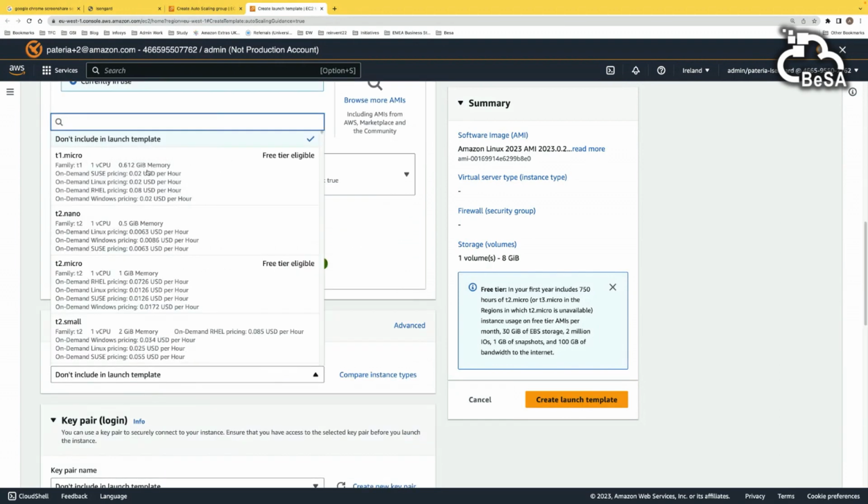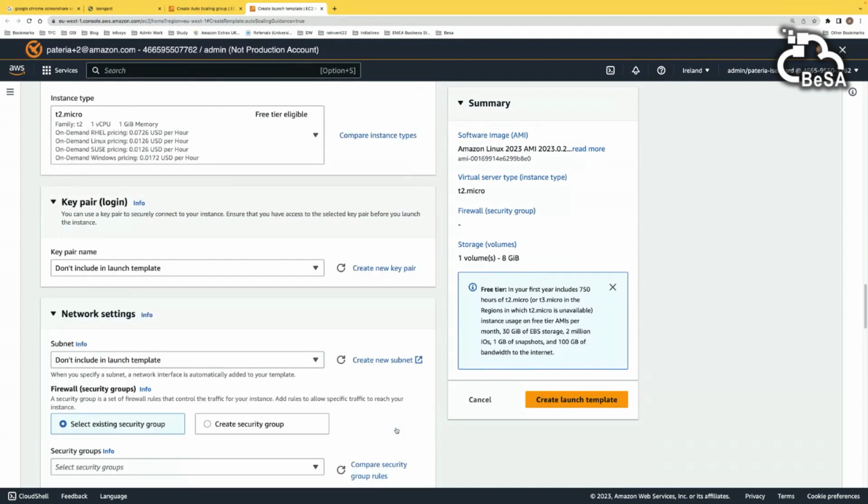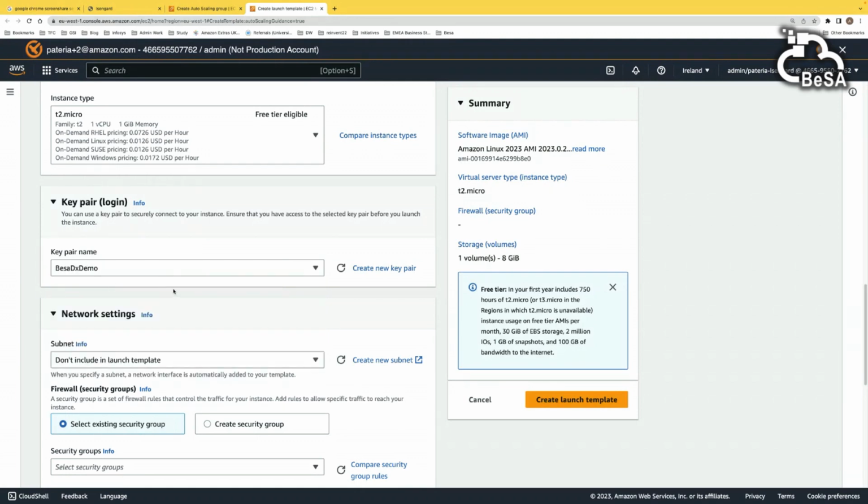Instance type, you can select whatever instance type. So T2 micro, because you need to have an instance family. Then if you want to log into it, you can select a key pair. It's not actually needed because we are not going to log into the instances, but for completeness, because in reality you may want to have access to that, right?